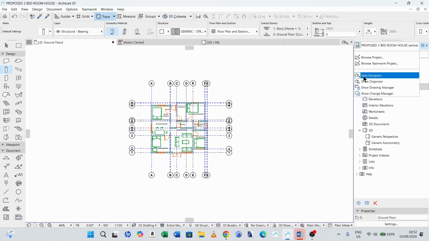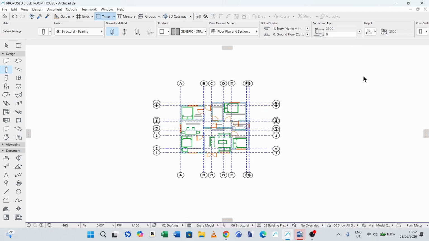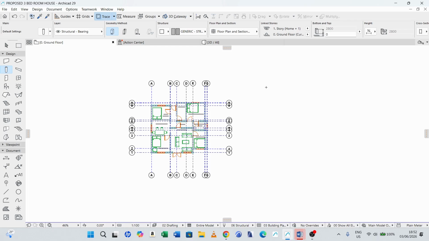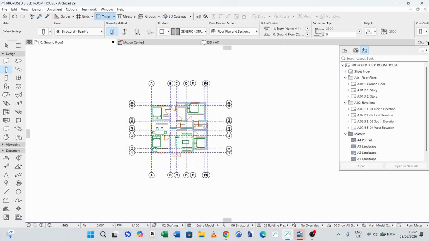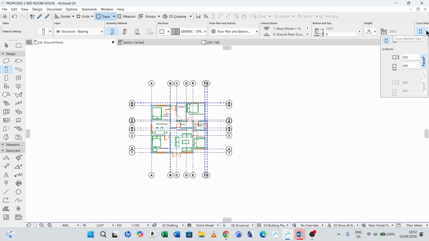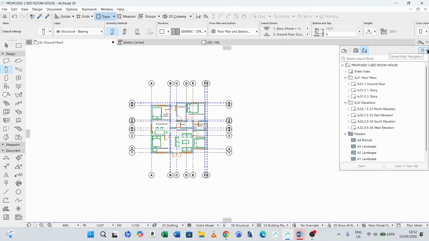You may hide the navigator. You see the navigator disappeared. And also you may unhide it when you click where you see Show Navigator, to bring your navigator back to its location.